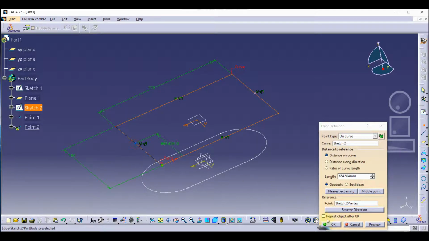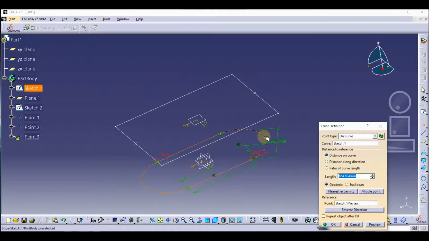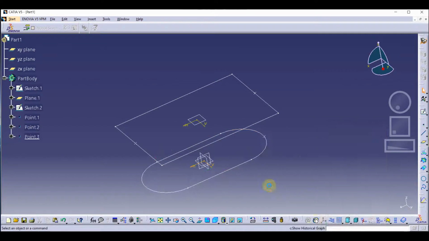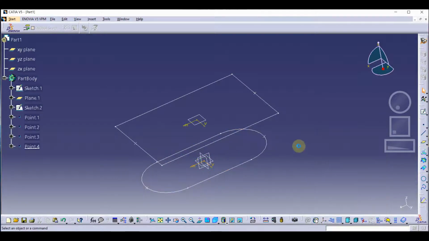Okay, for the slot we are also going to provide the point. Press OK.